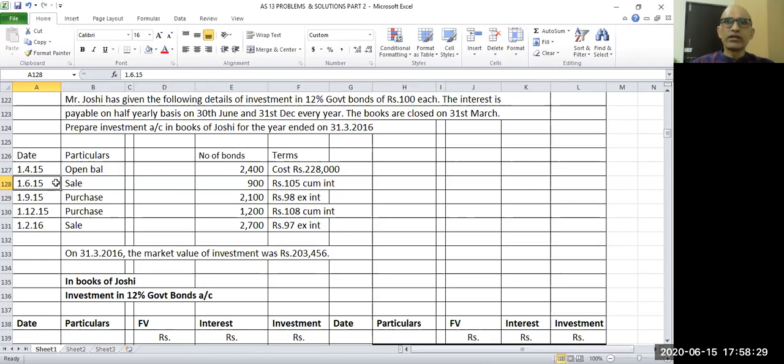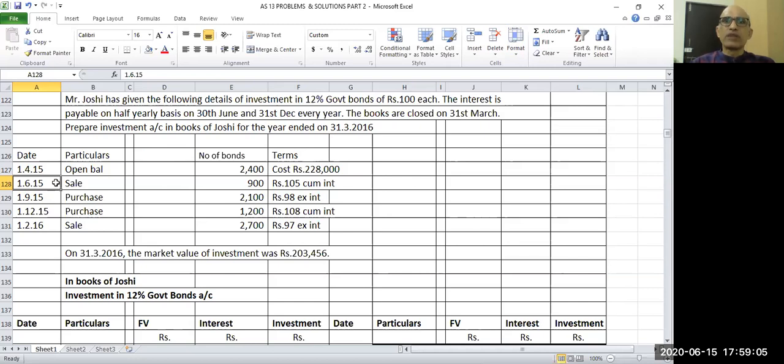Now before we get into this sale of bond, there is one more thing that we'll have to do. See, the last due date of payment is 31st December. That means on 31st March last year, that is 31st March 2015, we have closed the books, and on that day, 3 months interest was outstanding. So we have accounted for 3 months interest on accrual basis. Now when you account for interest on accrual basis, we pass the entry accrued interest account debit to interest account. So we account for that income.